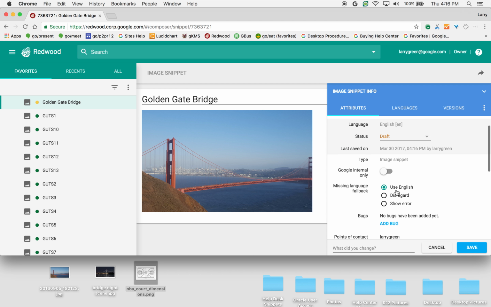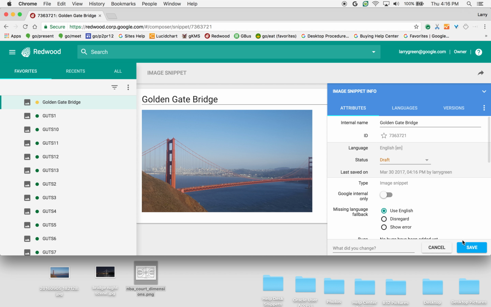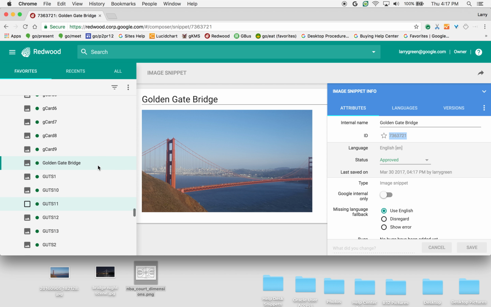And then from there, you want to press Save. But before I press Save, I wanted to point out that all images are automatically going to be saved in a draft format. And the second thing you want to pay attention to is the snippet ID. So for now, I'm just going to press Save. That way it saves the image exactly the way I want it. And now, in order to publish the image, I'm going to go ahead and flip it to Approved. And then you have to save it again, like so. At this point in time, you want to grab the snippet ID. So I just highlighted this ID number, did a copy, Command C, and now I'm going up